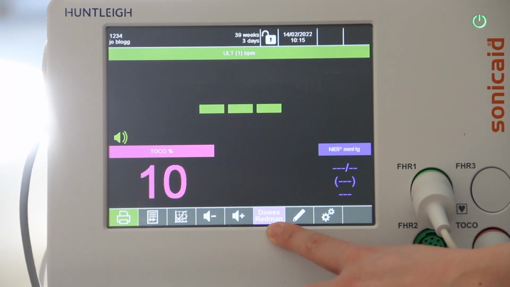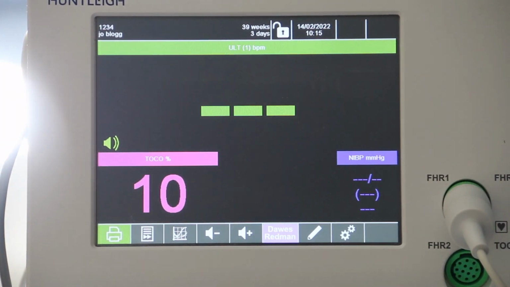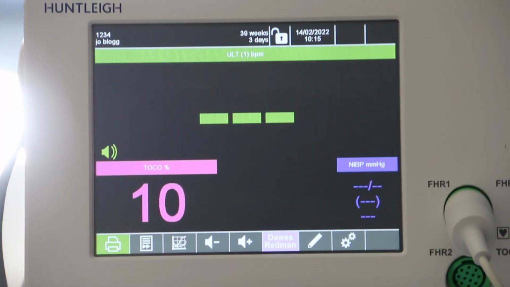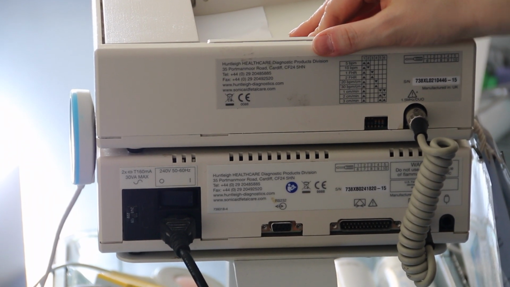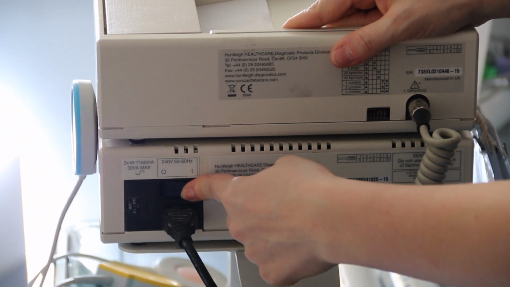And the Dawes-Redman is a purply mauve lilac colour. When the Dawes-Redman criteria are met, that will go green. These machines are used on Rustboard and in ANDU, and to turn them on you must switch on this switch